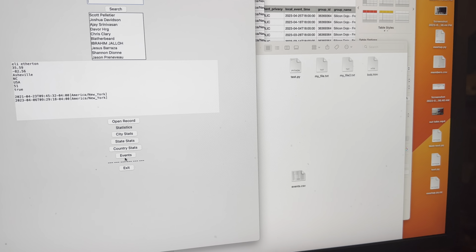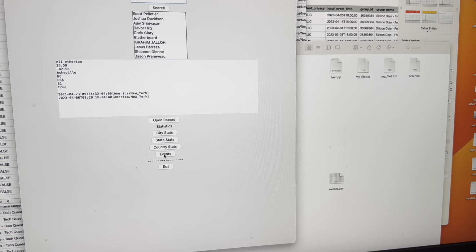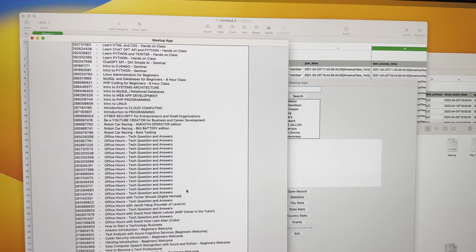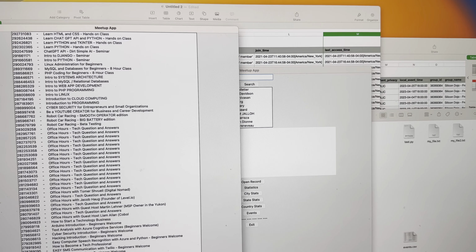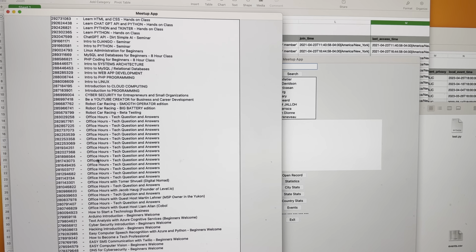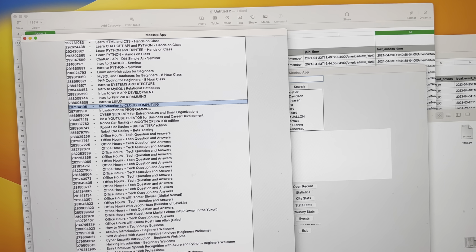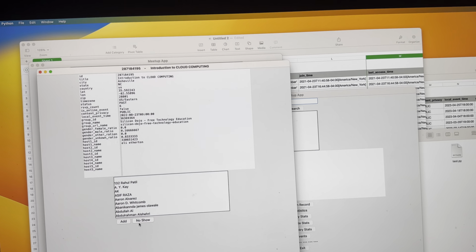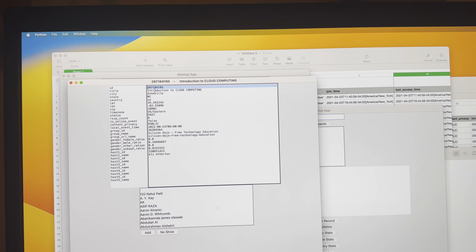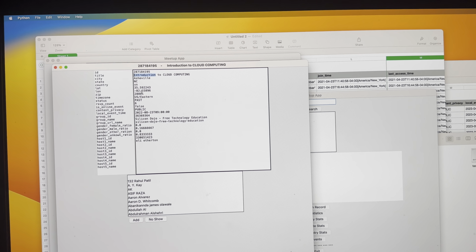And then what I've been working on is events. So I can go here to events. I can open up. This shows me all the events that I have done up until this point in time. And then I can click on an event. So let's say Introduction to Cloud Computing. I can select the events. And now this will give me the event ID, this will give me the name, this will give me where it was at, it will give me the